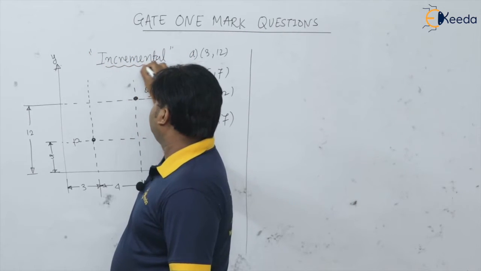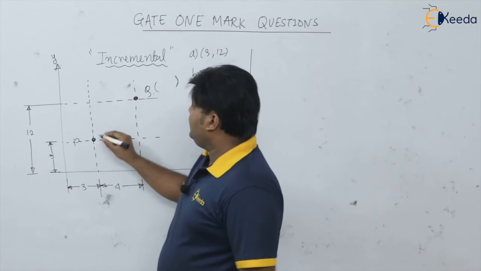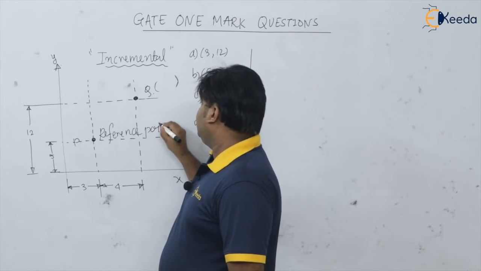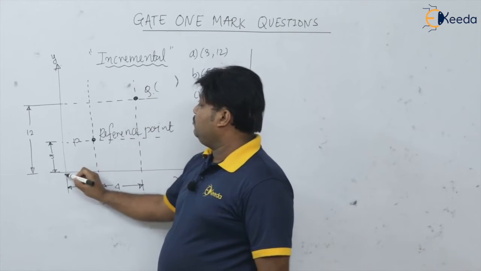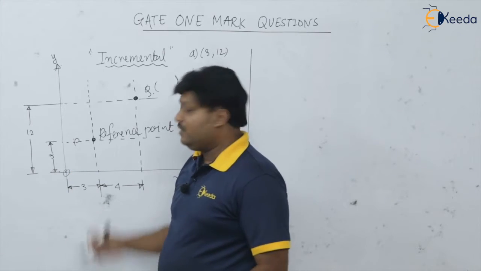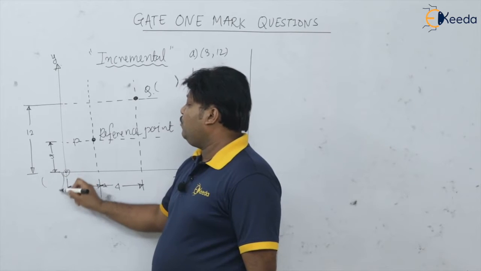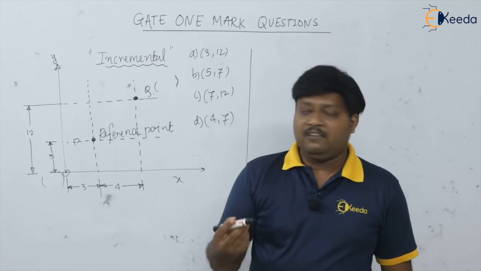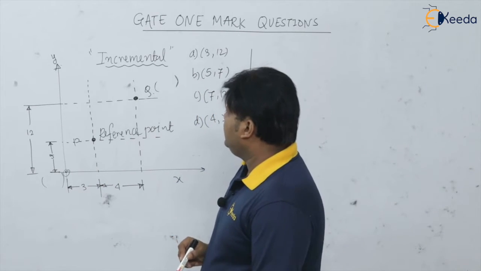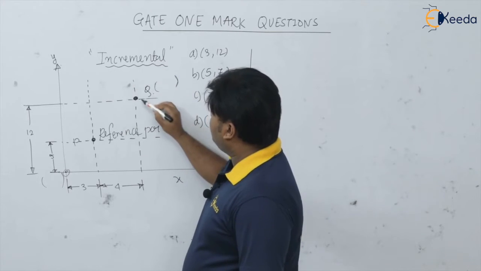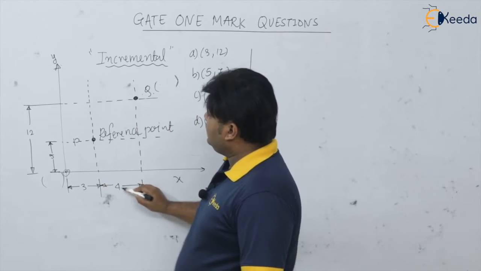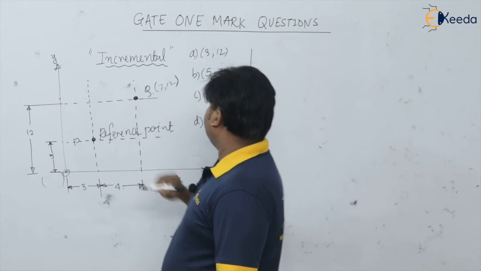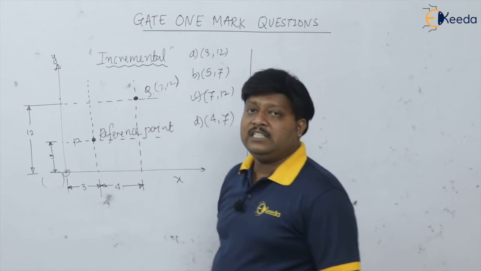So in incremental coordinate system, we know that the previous point is always act as a reference point. Okay, and absolute में क्या होता है, जो भी position आया है origin से, say reference point is the first point from where we are measuring all the distances of the drill which has traveled from this point. Say for example, if I want to write in the absolute mode, the dimensions of the Q will be what? This is 4 plus 3, 7 comma this 12. Okay, 7 comma 12 will be from the absolute coordinate system.